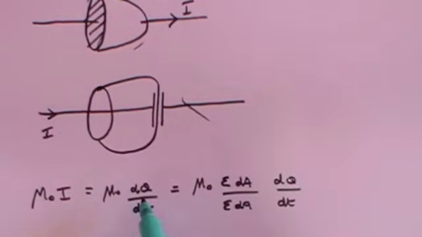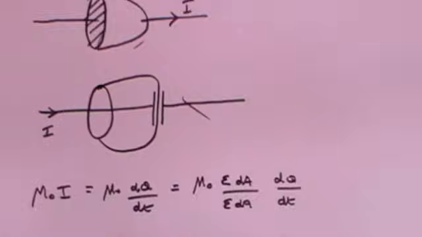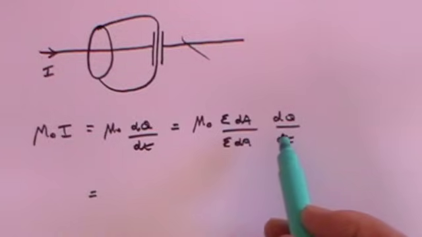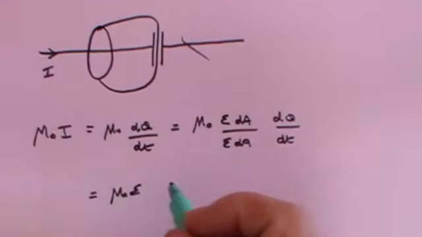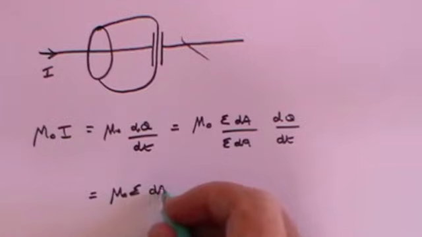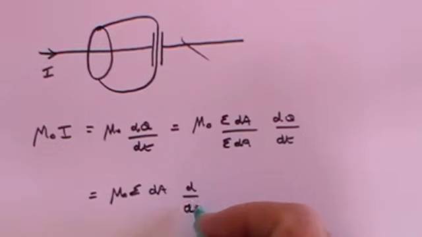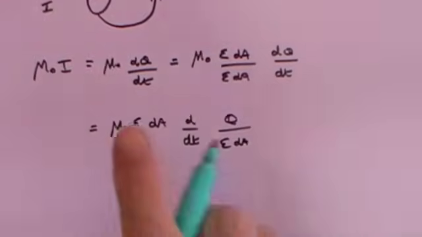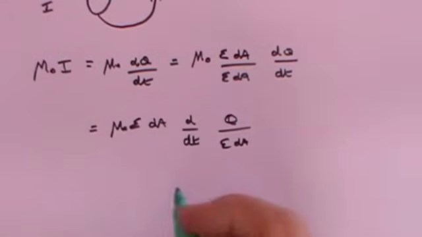I've taken mu0 dq by dt and then multiplied it by 1. Epsilon dA divided by epsilon dA, that's 1. I've done no damage to this term at all. But now I can rearrange that: mu0 times I is equal to mu0 epsilon dA times d by dt of q divided by epsilon dA. But let me just remind you of Gauss's law, which is Maxwell's first law, which says